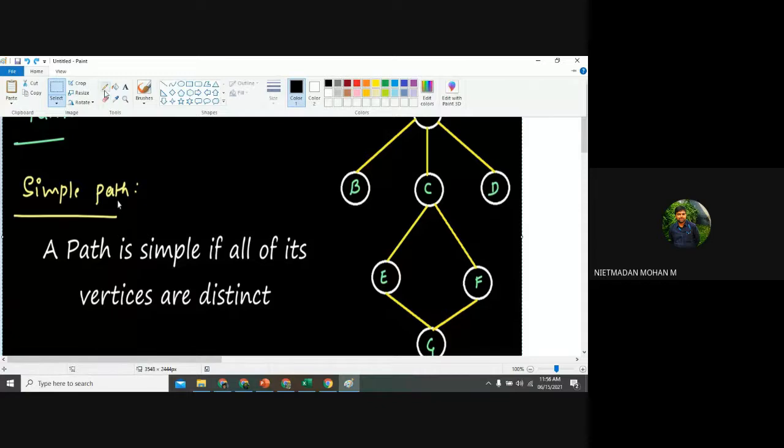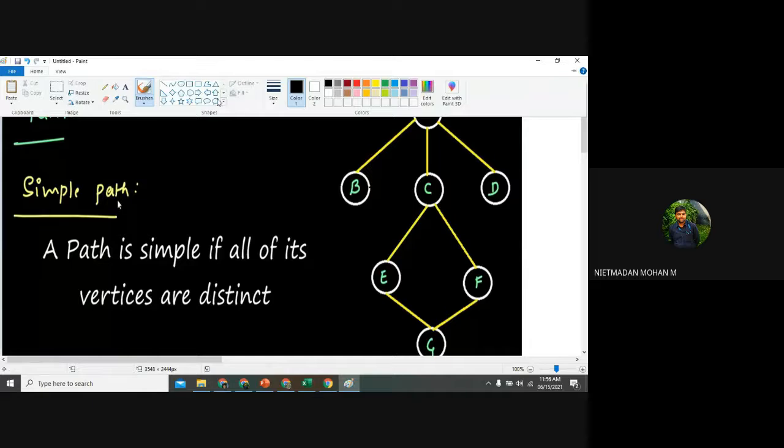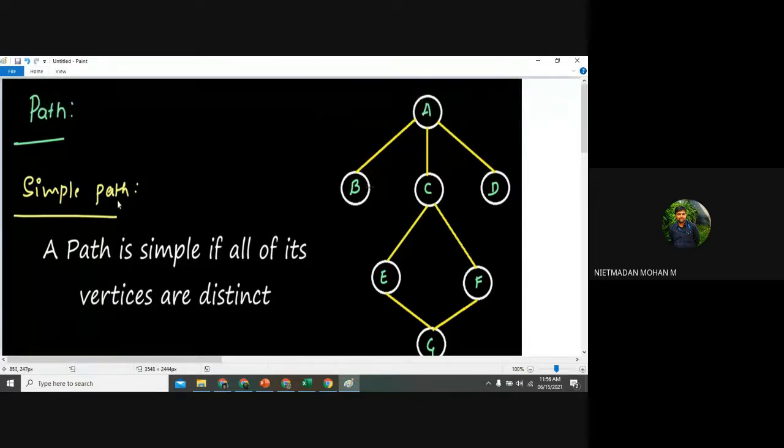The simple path, in the sense that you want to make that path simple. Suppose I am having this, and I want to connect from C to G now. So what is my simple path actually? Going to F and G is my first simple path, and going to E and going to G is my second simple path. And again, one more path will be there, going to B and going to E and going to G. So this is not my simple path, right?